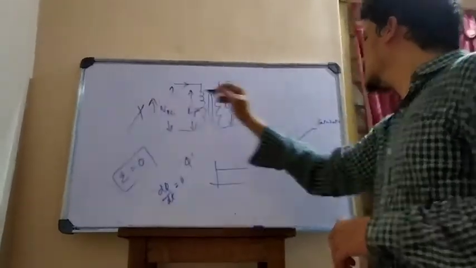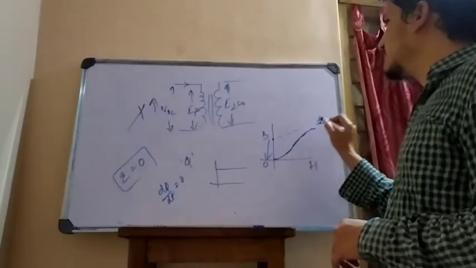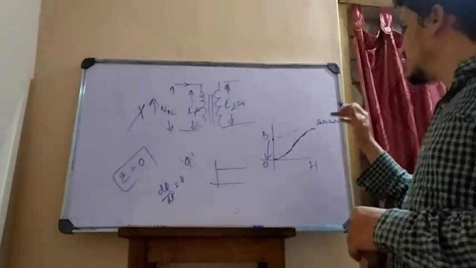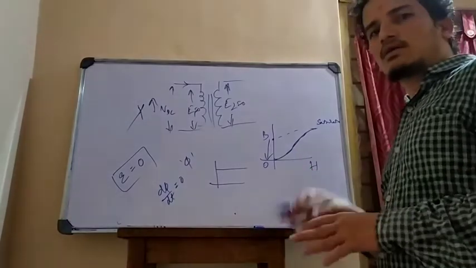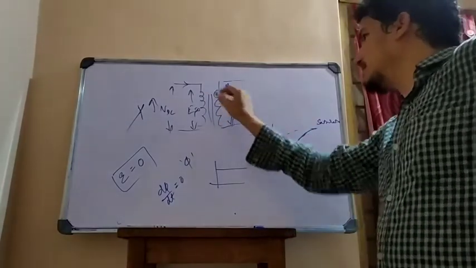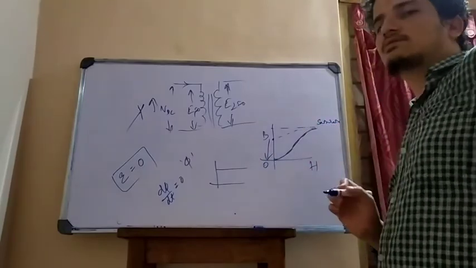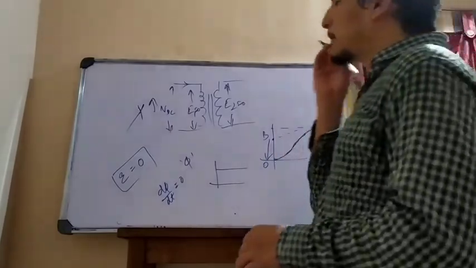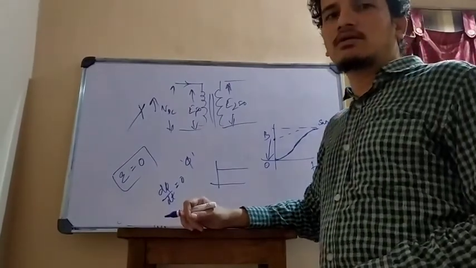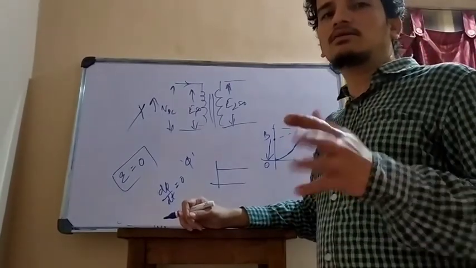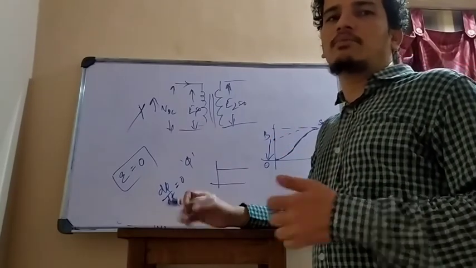If you don't switch it off, then B goes higher, the magnetic field goes higher, and it will magnetize up to saturation. Still the DC supply is there, the current continuously passes through this, then it will reach a saturation level, and that magnetic core will saturate. Saturate means it cannot sustain further magnetization, so it will break, or it will